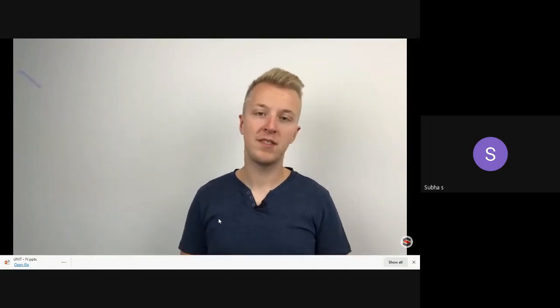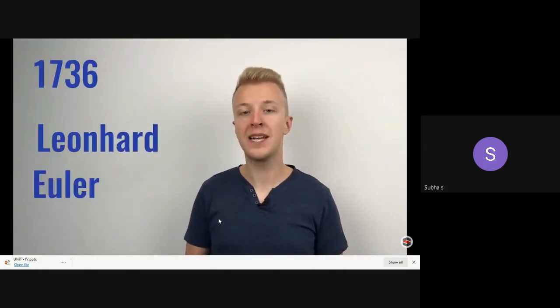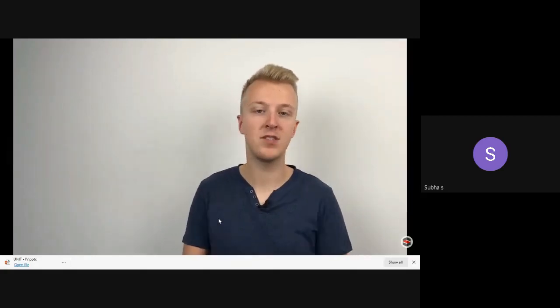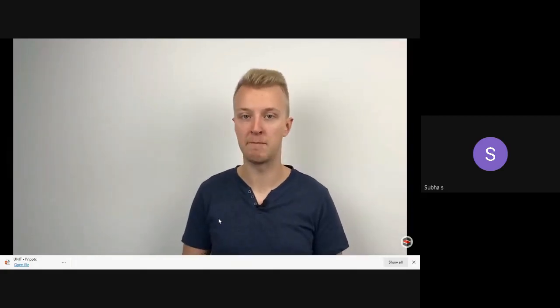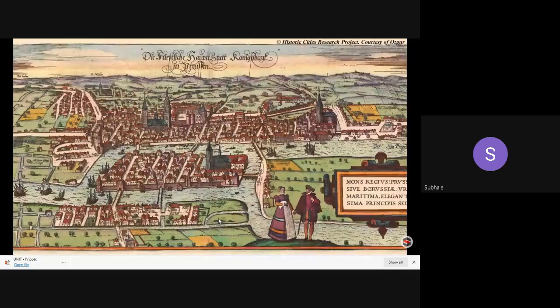Well, it started in 1736 when Leonhard Euler became fascinated by a game that the citizens of Königsberg were playing. The city is built around the river and had 7 bridges that connected the different parts of the city together. Citizens were trying to walk around the city by crossing all 7 bridges, but never crossing the same bridge twice.